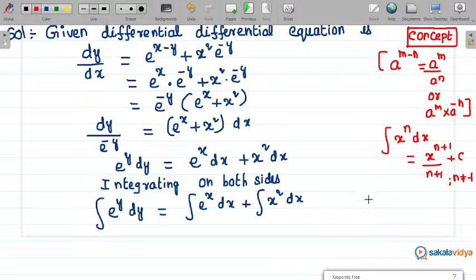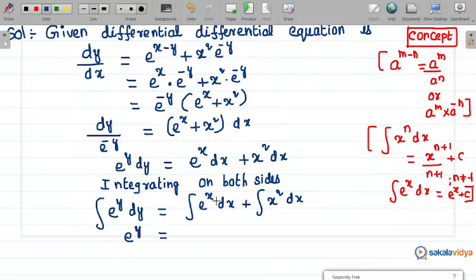This condition must be followed. And integration of e power x dx is equal to e power x plus c. So, these two formulae also we need to remember in order to solve this one. Right, now we can write integral of e power y dy is equal to e power y,